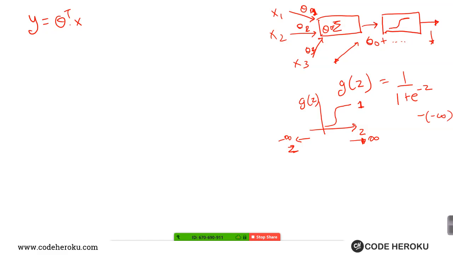E raised to positive infinity will give us, what will that be? E raised to minus infinity should give us 0, right? This e raised to positive infinity, e raised to minus infinity will give us minus 1. So 1 minus,